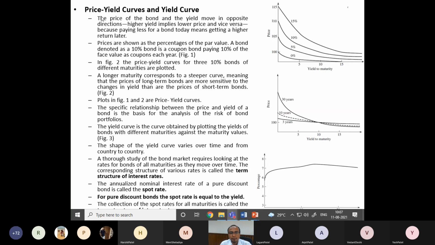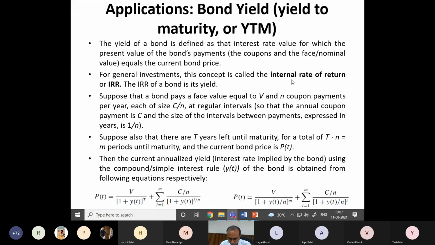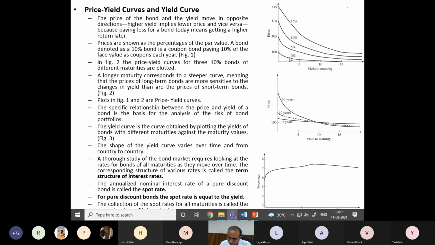So let me go through, first of all, the price yield curve. There are two types of curves here. It is plotted with yield to maturity on the x-axis, which means it is the percentage return that you are gaining, and how to calculate yield to maturity we have seen using this equation, right? And we have derived this equation also. And the y-axis here contains the price, so it is yield to maturity versus price, but with constant coupon rate or with some constant maturity.